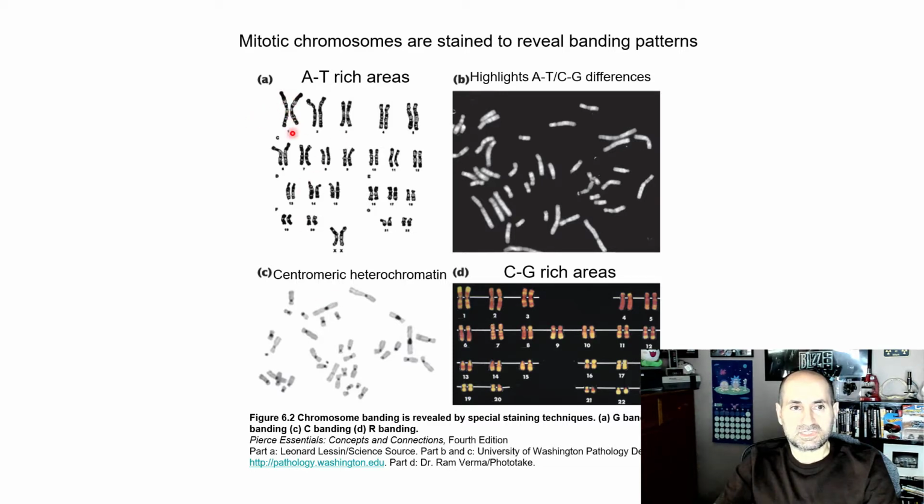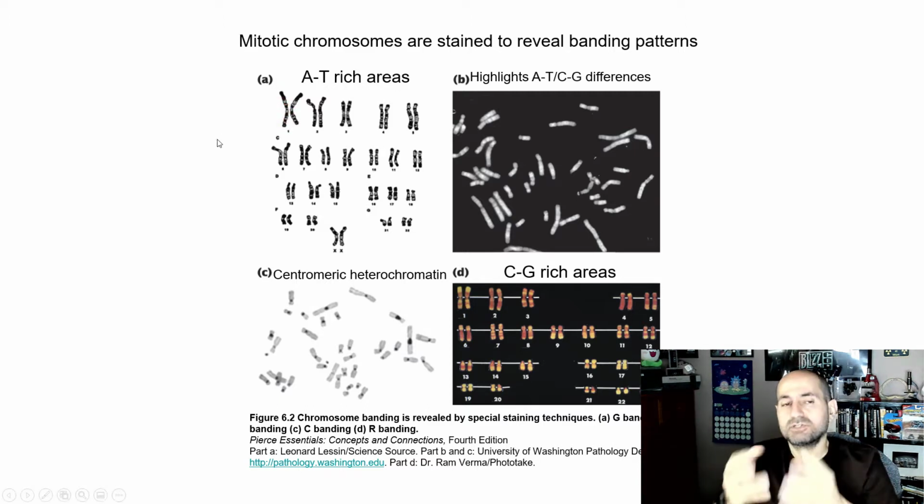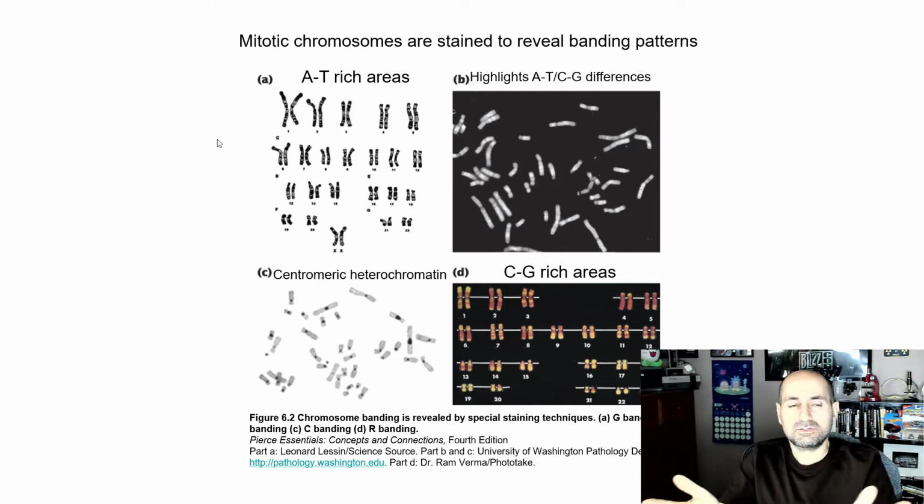when you look in your textbook and you see these banding patterns, that's what revealed the banding patterns, this staining technique. And remember, it's called a mitotic chromosome because the chromosomes are as they would be during mitosis. They are basically arrested. Usually when you make a karyotype, you arrest the cell cycle in metaphase, and during metaphase the chromosomes have condensed fully into these X shapes, right? So you can see those